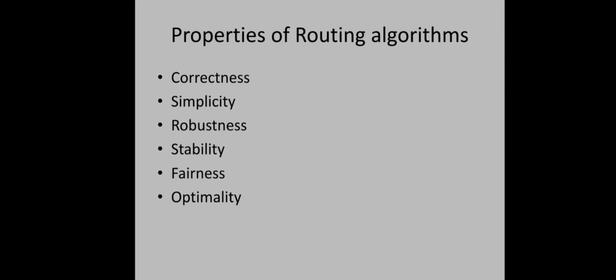Fairness means every source destination pair should be given a fair chance for communication. Starvation won't be there. That's fairness. And the second one is optimality, meaning efficiency in terms of throughput and packet delay. So for a good algorithm, total network throughput should be maximum, while the mean packet delay should be minimum. So definitely those two are always contradictory.